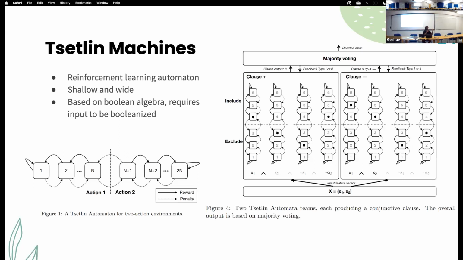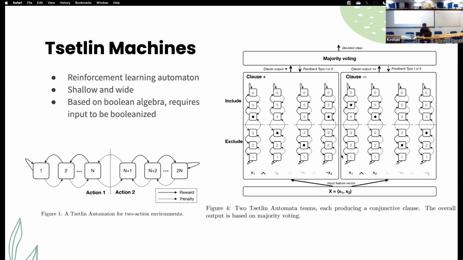If you're in the first half of states, that bit will be included within your clause; in the second half, it will not be included. By summing the results of these clauses together, essentially getting the number of yeses, you can threshold that against some value